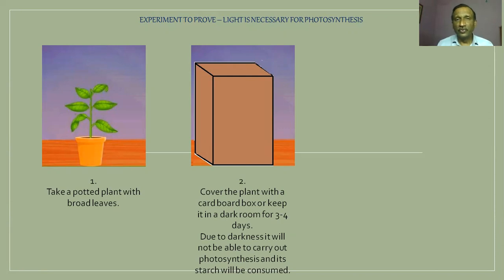So to finish that starch which they produced in the previous days, we had to keep the plant in dark for 3 to 4 days. So during these 3 to 4 days, when photosynthesis is not taking place, then the previous starch will be used by the plants and there will be no starch left in their leaves. So this particular step, keeping the plant in dark, is actually to ensure that there is no starch in the leaf.